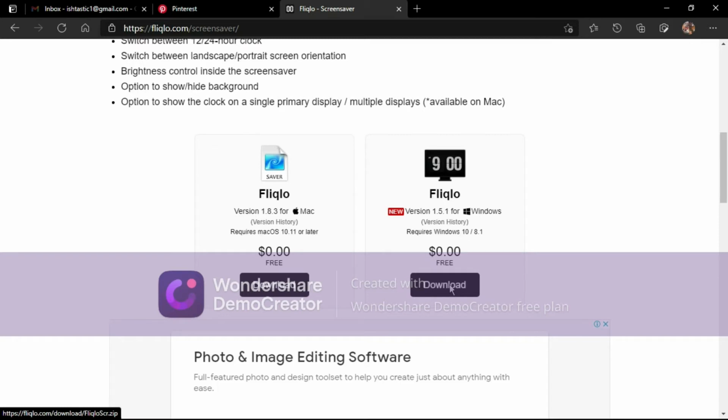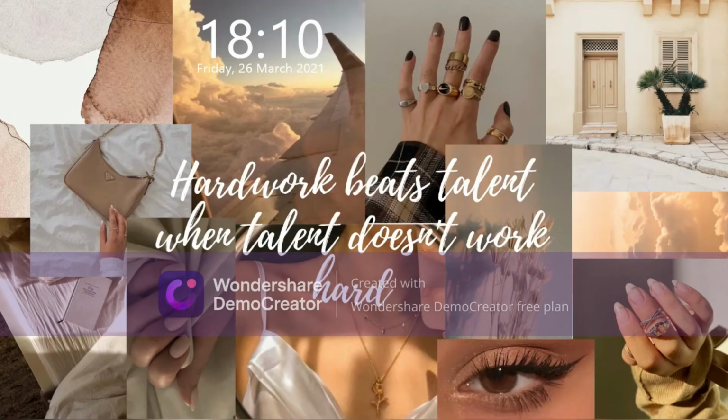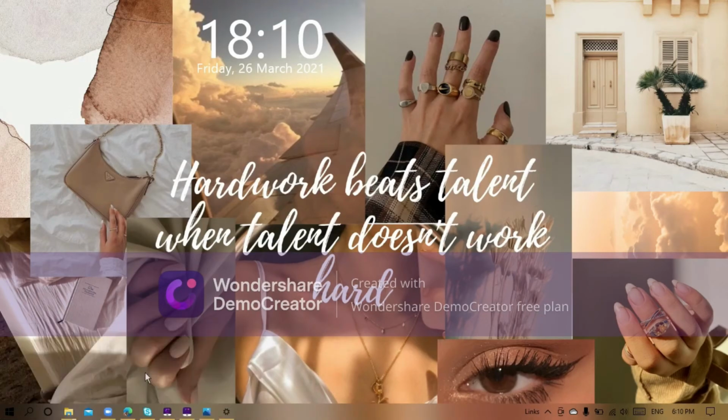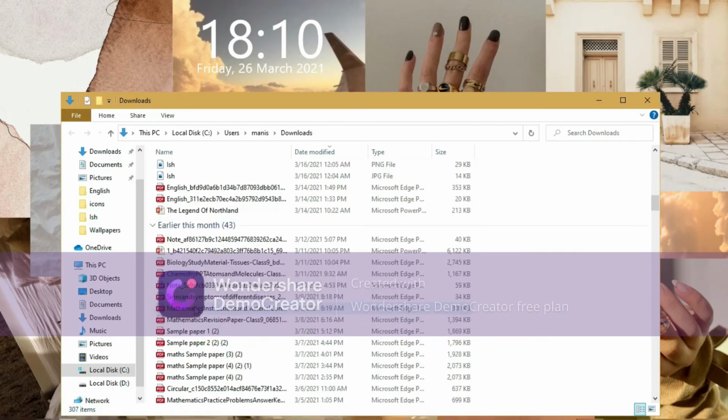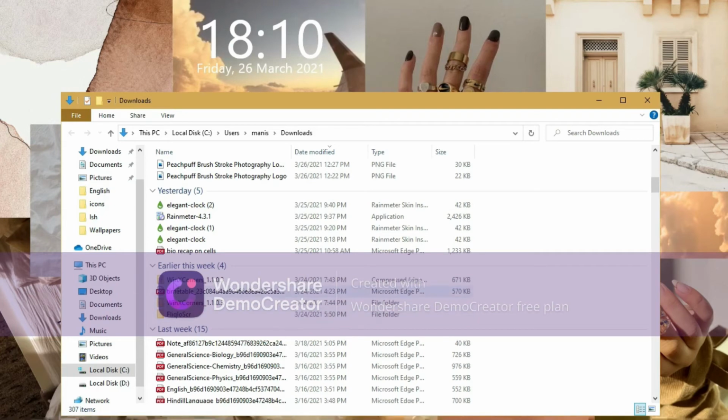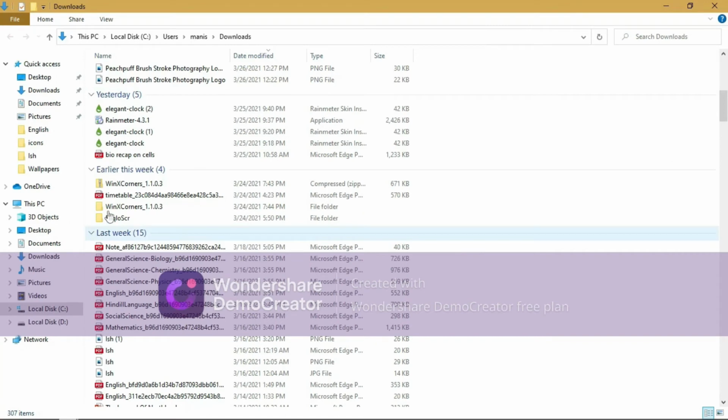Once you download it, as I told you before, click the three dots on the top right corner, and you will get Show in Folder, and click Show in Folder. You will get the same in your folder that is over here. You will get it like this. So basically, you will get it as Flicklo, like that. You basically get it as a zip file, with a zip on here, as you can see. So over here, there's a zip, right? So that is how you'll get it.